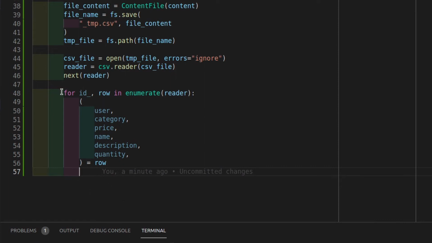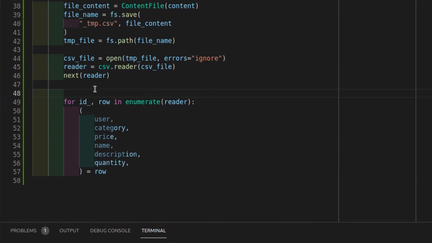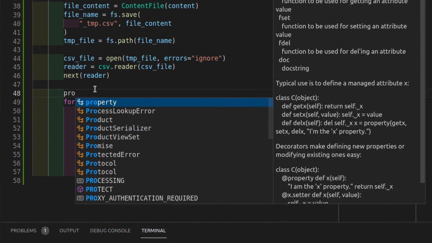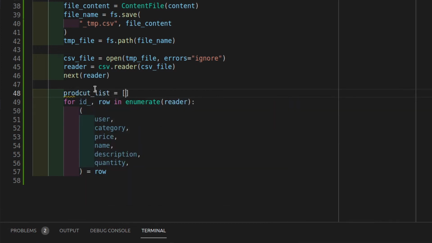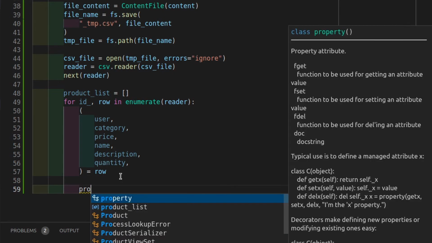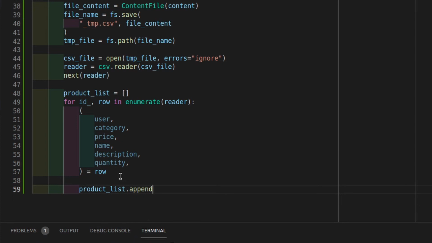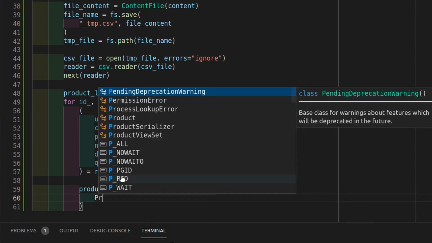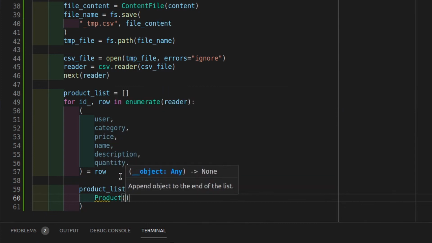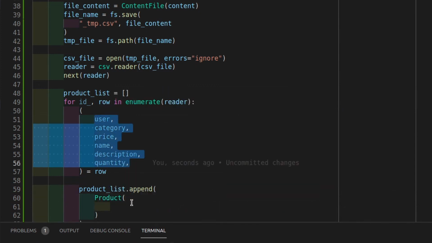But imagine if you have 1000 rows, this means that we will hit the database 1000 times over here. So instead of doing that, let's use Django's bulk create to create these outside the for loop. So for that we need a list of products. So I'll call it as product list, and product list will have, for every loop I will go on appending the data, and I'll call it as product and use all this data to store.